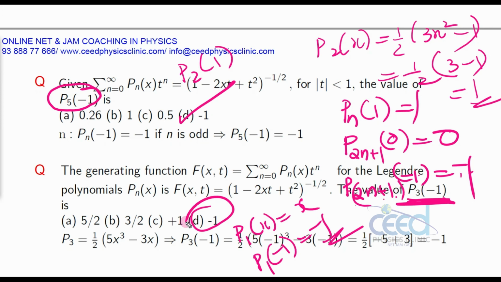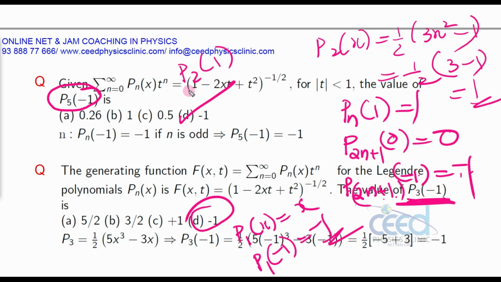Okay. So these kinds of questions we need not solve by calculating Pn of x. You have to learn by heart all the recurrence relations and different formulas which we have created during this lecture series, and you can substitute the value of particular n in that equation only. Okay, so that's all about this session. Here we completed the lecture series of this Legendre polynomial, and in the next section we will discuss